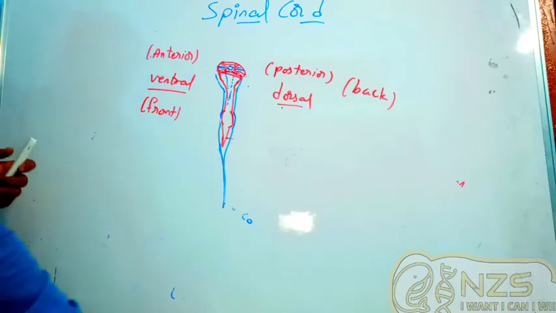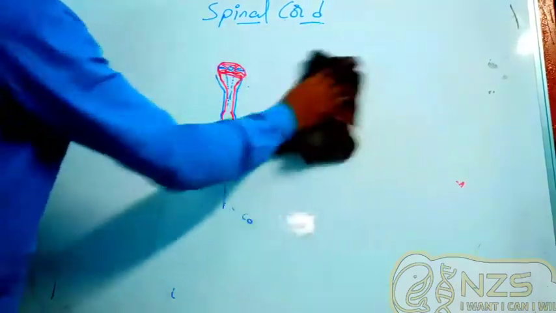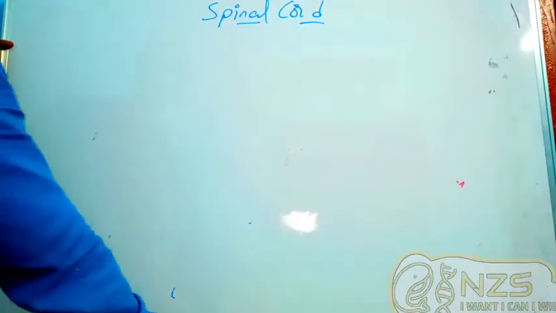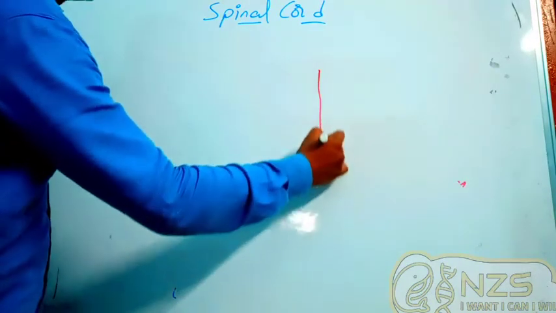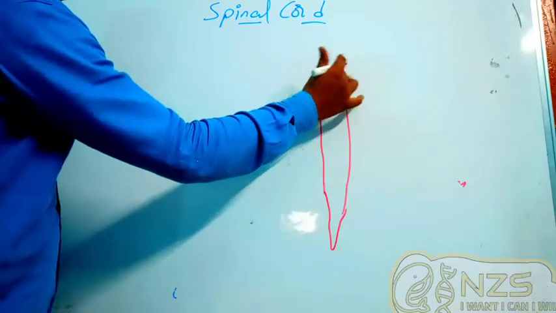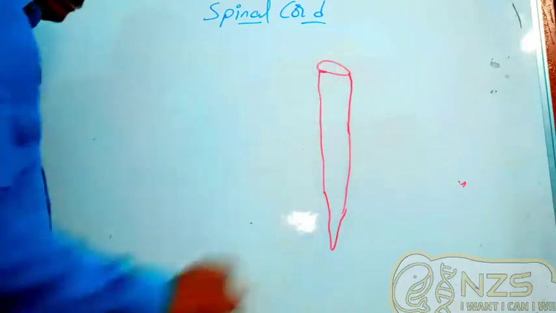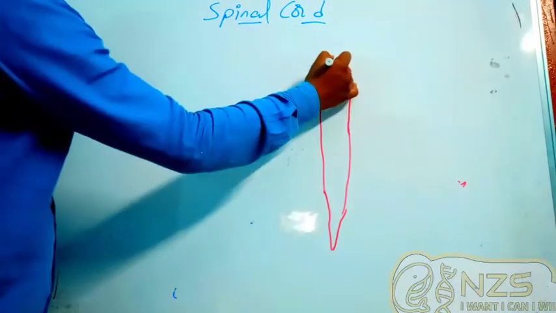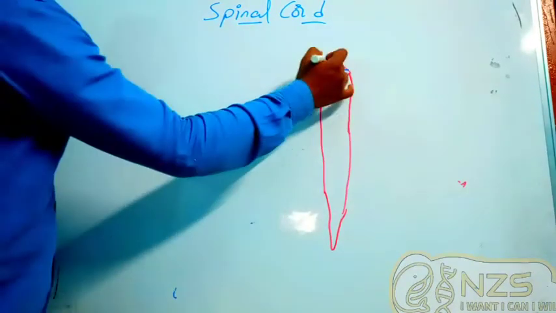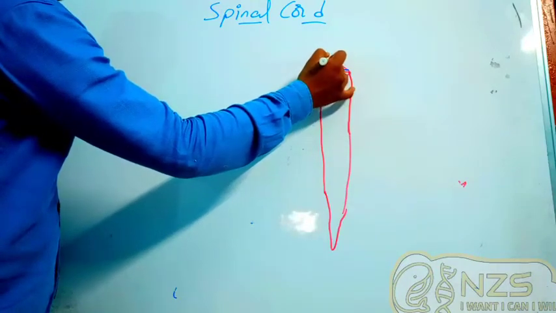Okay, so what I'll do is I'll rub this off. I'll rub these sides and I'll write them for the main part. Now what we are trying to do is have a TS of the spinal cord. So I'm just putting a long cylindrical structure. So we have put the transverse section of the spinal cord, and in general, as I said, we can observe a central canal and we can see fissures, the separations, and we can see an H-shaped grey matter all around this neural canal.